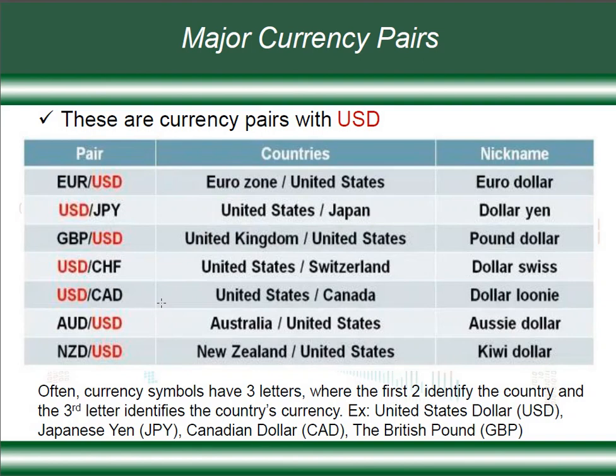Now, with that aside, the last letter for each, remember each currency is given 3 letters. The last letter indicates the name. It is the name of the currency being used in that country. The D in USD is for dollar. So we say US dollar. The Y in JPY is yen. So Japanese yen or Japan yen. The D here again is Canadian dollar. The D here, Australian dollar. The D here, New Zealand dollar.